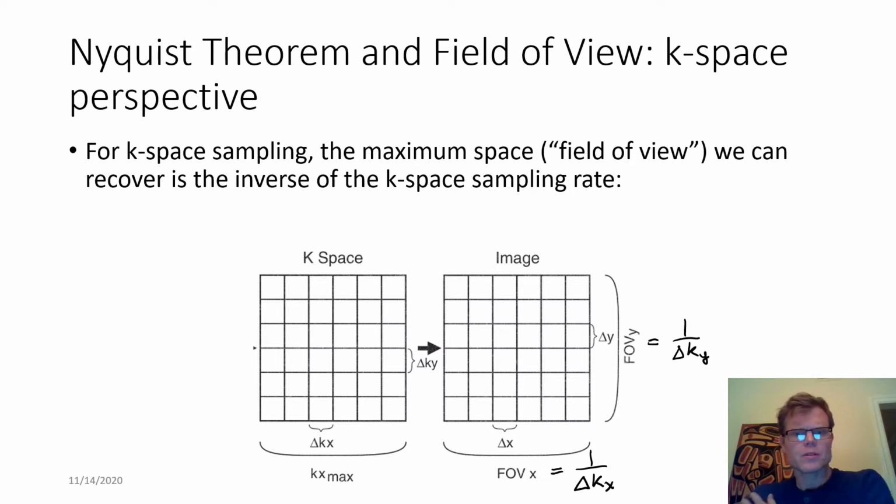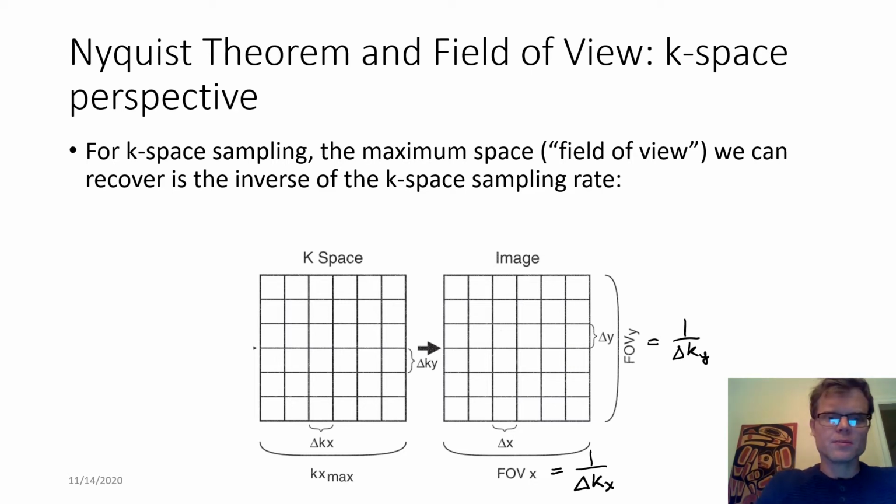But now what we want to do is that works for frequency encoding, but when it comes to phase encoding, things become a little bit more tricky. So we're actually going to use the k-space-based perspective to derive a general relationship for defining the field of view. And there's this exact same relationship that we had in frequency